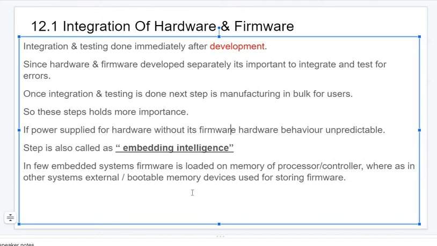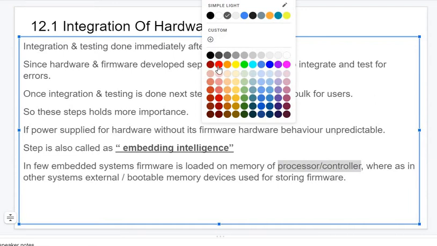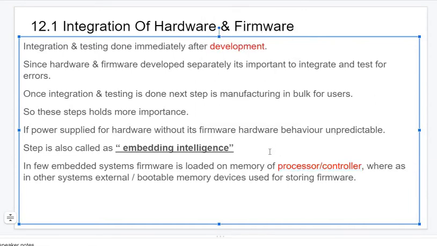In some embedded systems, the firmware is copied onto the processor or controller. If the firmware, which is a program, is small, then we prefer to load or store that code in the processor or controller memory itself.